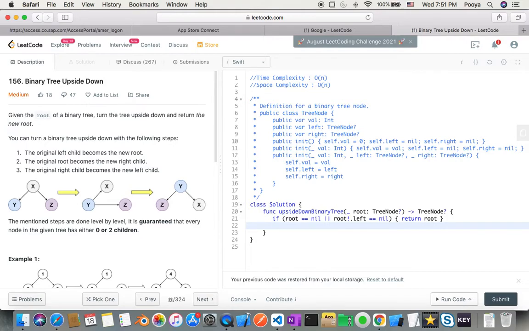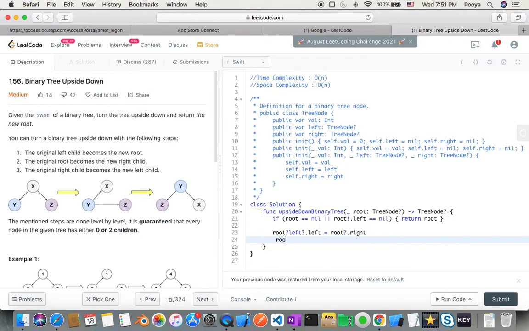It's recursive, so I'm calling this, that's why I use this if. Then I say my root's left side is optional, yes, and optional dot left equal my root optional dot right,